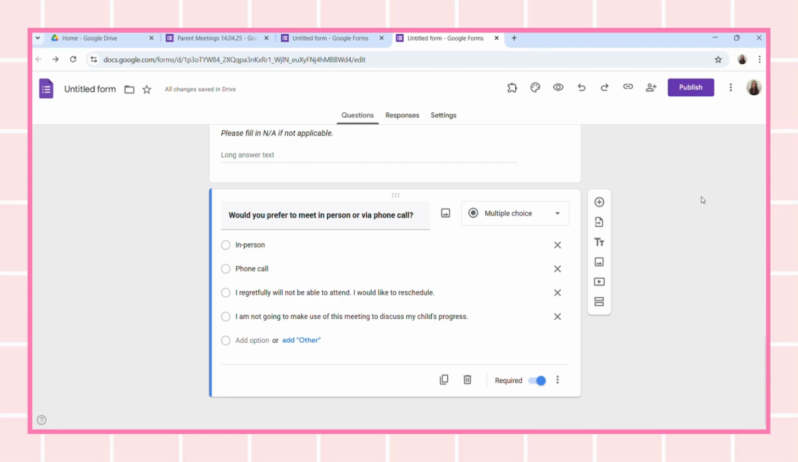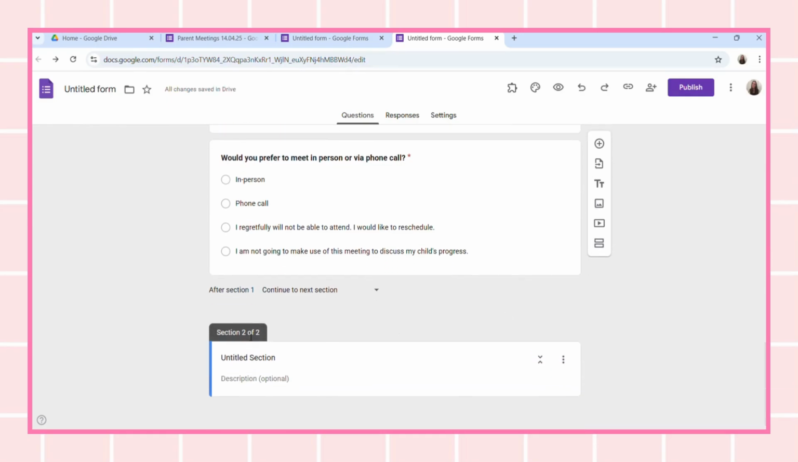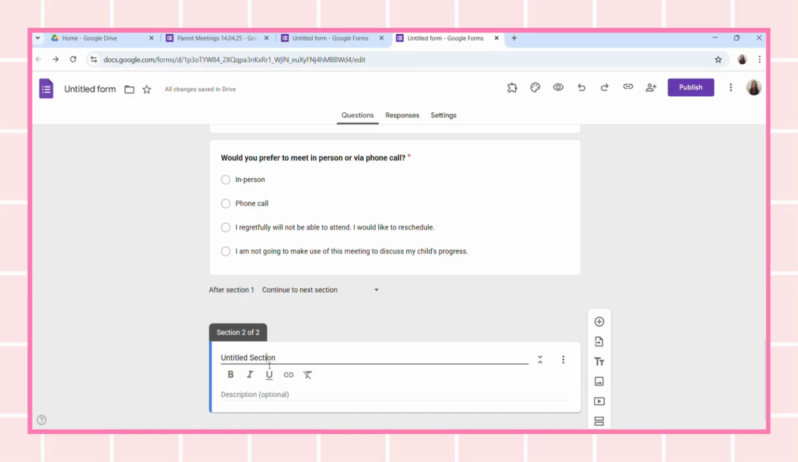We are now going to add sections to our parent form based on what option the parent is going to choose over here. So you're going to come to the three dots at the bottom of this question block, and you're going to click on go to section based on answer. Depending on what they click, they will then be taken to another section. So we're going to set up those sections now. We're going to start with the in-person. So I'm going to come here to this equal sign, and then you'll see it says section 2 of 2. So I will title this